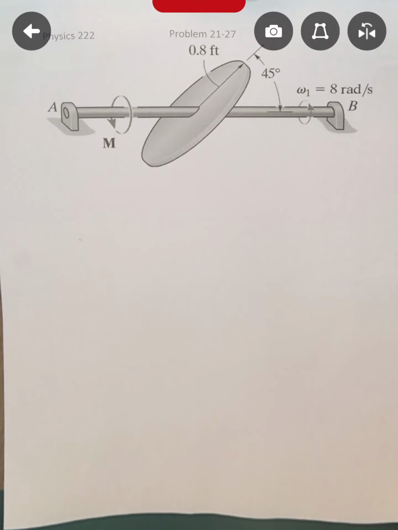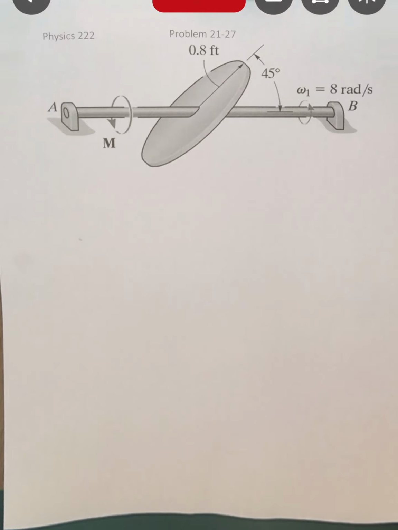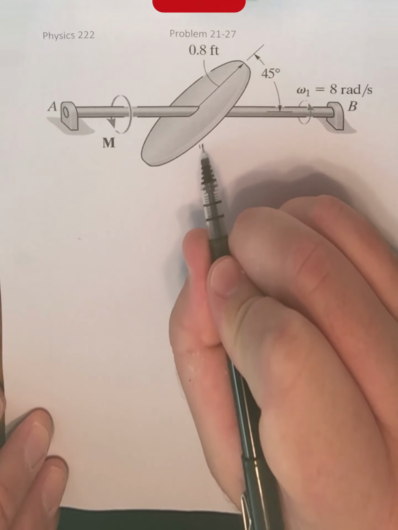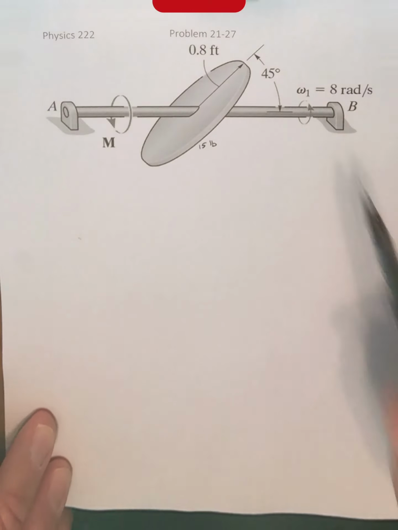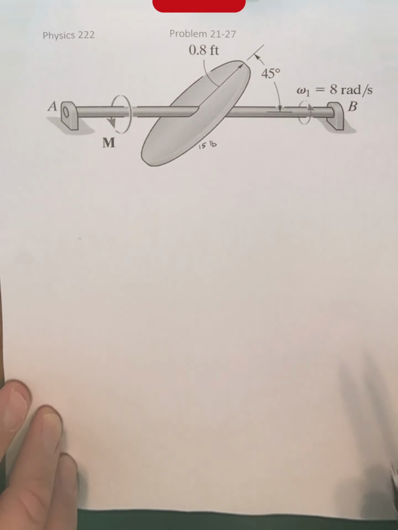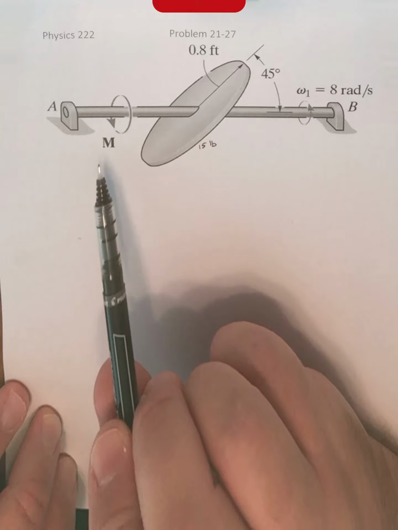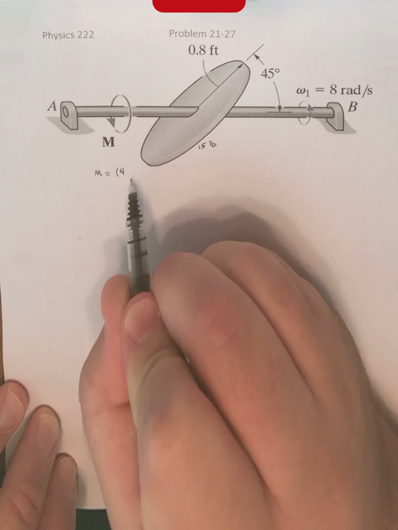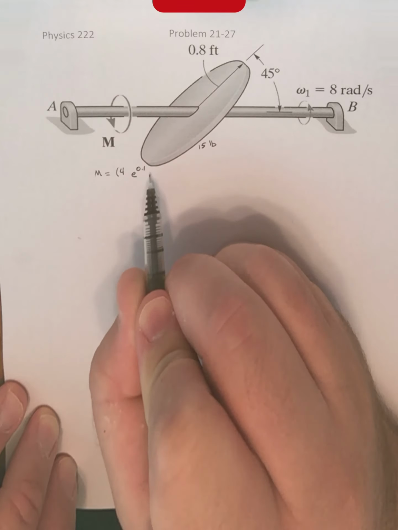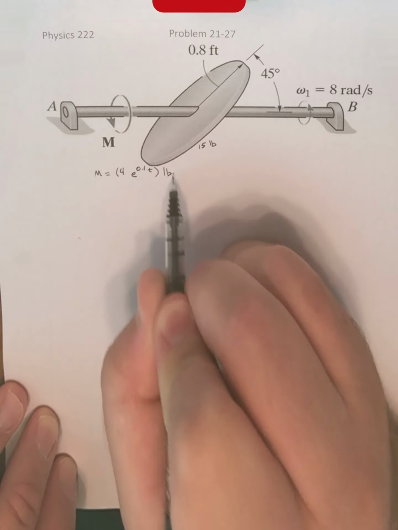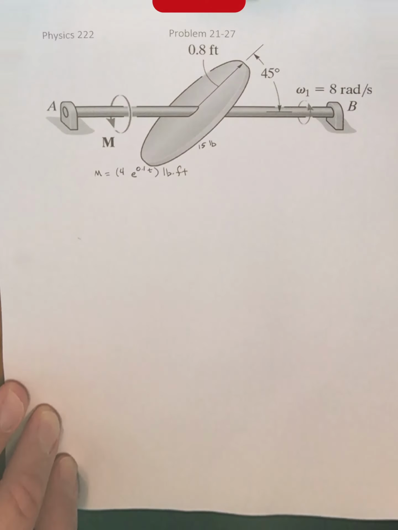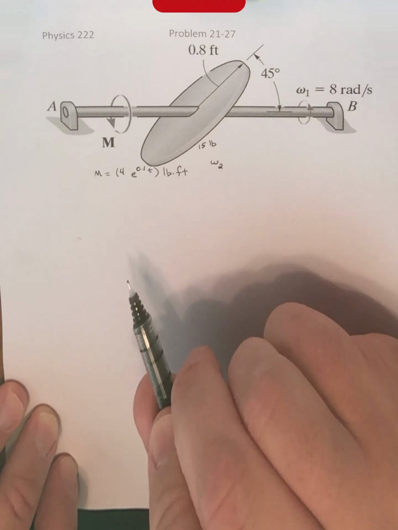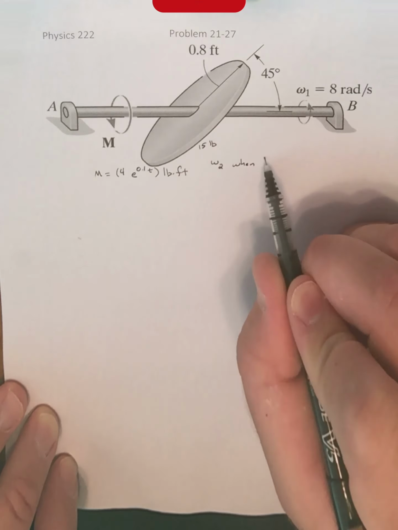And we're back. Problem 21-27. Almost to the end here. We have a 15-pound disc that is rotating about this axle with some initial angular velocity, and we have a given applied moment, and that moment in the problem is given by 4e to the 0.1t pound-feet. And we want to know what is our value of the angular velocity, omega 2, when our time is equal